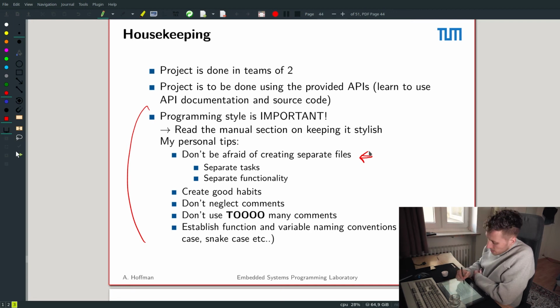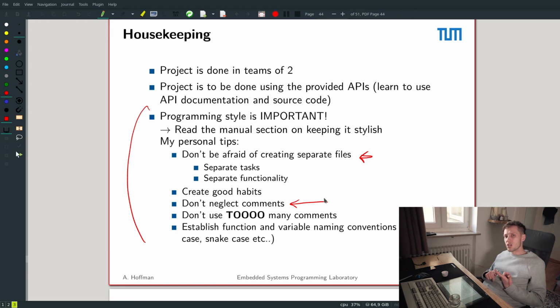Things such as comments. Comments should describe the functions themselves. Each little function should have a header where you describe what the function does. But then there's also over-commenting code. If you're just incrementing a variable by 1, you don't need to write a comment saying incrementing variable by 1